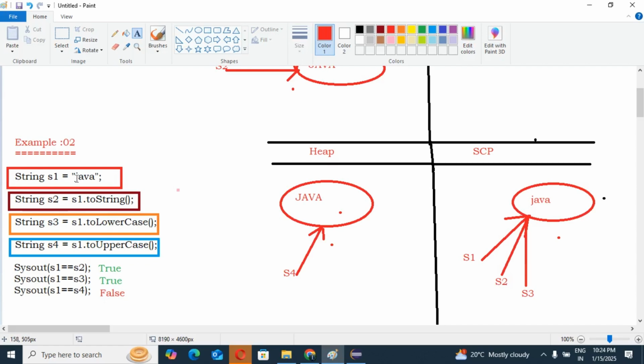Even if we call the toString method or the toLowerCase method, we are not able to change the content. That is the loophole of immutability here. That is the main thing, our immutable concept.